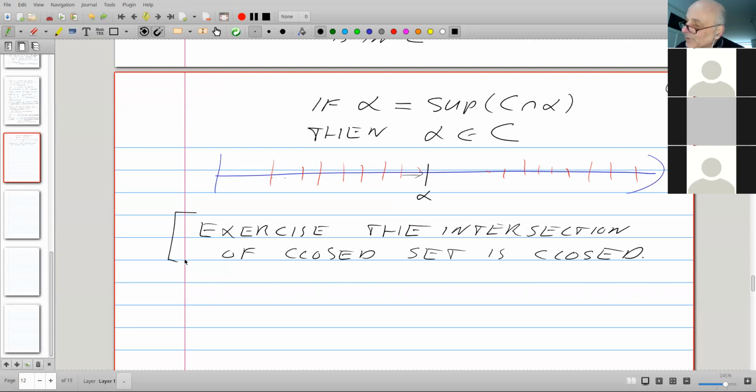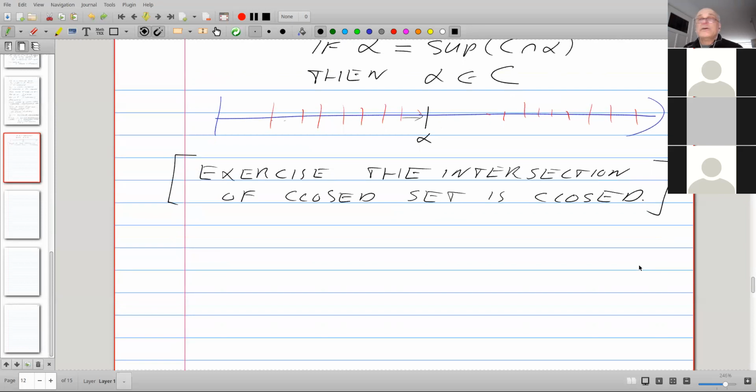If you work in a topological space and you have a family of closed sets, then the intersection of that family of closed sets is again closed, arbitrary, and the same goes here. However, for the closed unbounded sets, more is true, way more, as we shall see in a moment. Here is the first bit.